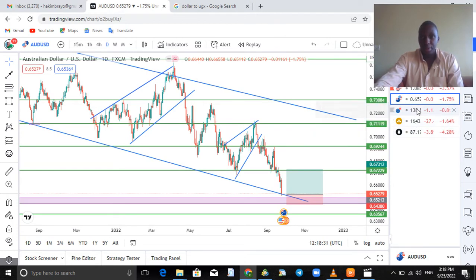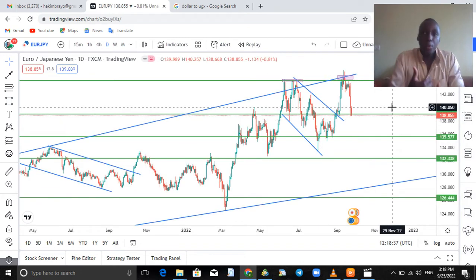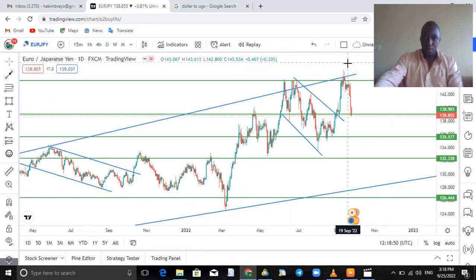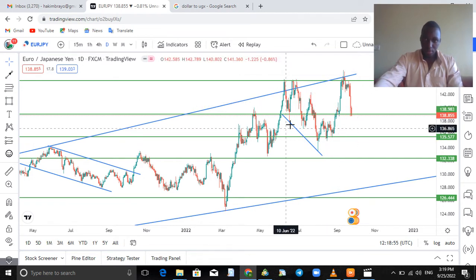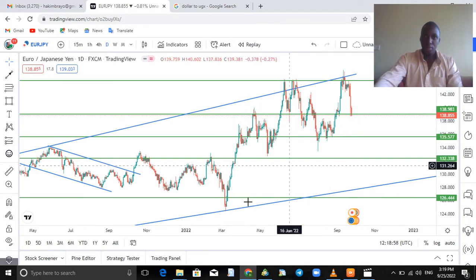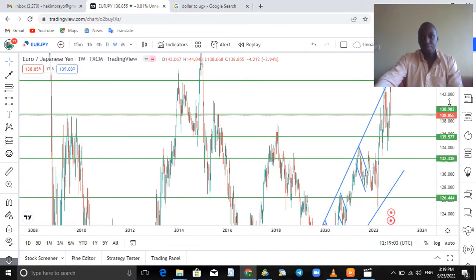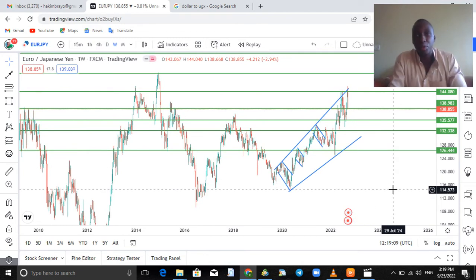Euro against Japanese yen is our next pair. Now how do we approach the market? Before we even draw all these trend lines or zones, we start from the higher time frame. Now I'm going to first delete this, because I don't want you to get confused. Now I'm going to go to my weekly time frame. So when you go in the weekly time frame, I think I made analysis on EURJPY, and we told you guys